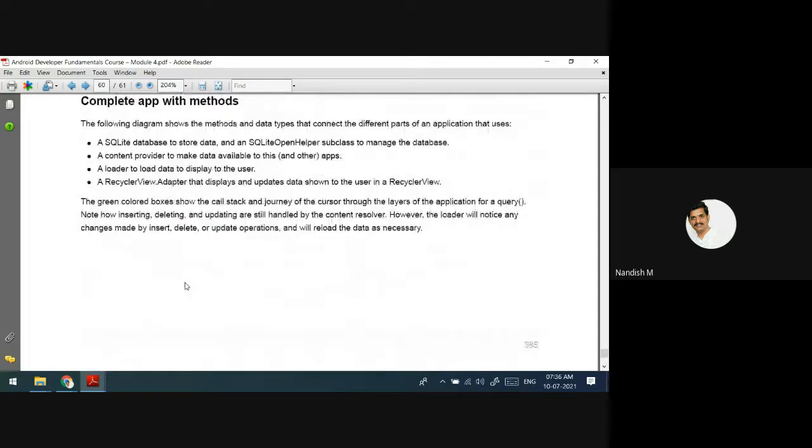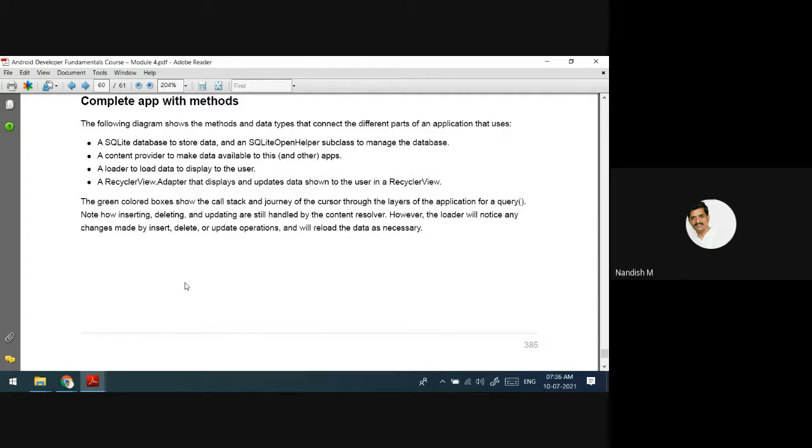Finally, what I can conclude on this chapter or module is that it is all about storing the data. If you want any particular information about SQLite or SQLite database connections, you can contact me or ask me on WhatsApp or Google Meet.